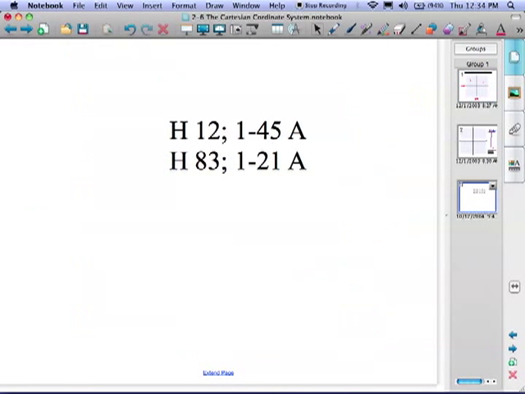Your homework today is not going to be in a textbook. It's going to be 2 handouts. Handout 12, problems 1 through 45. It may seem like a lot, but 1 through 45, you're putting 45 points on a graph, and you're connecting the dots. And in handout 83, problems 1 through 21, all of them,